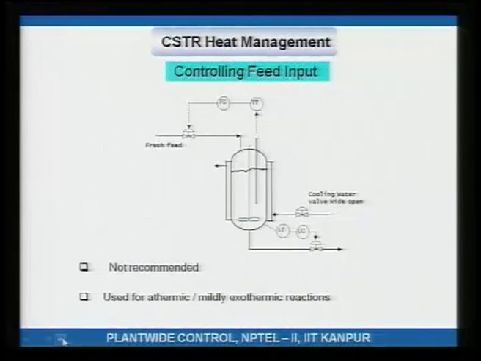So, like for plug flow reactors, we say that, okay, since I want my reactor to operate at maximum heat removal, what I do is, this is 100% open, the cooling water valve is wide open. So, cooling water as much as has to be put in is getting put in. Okay, fine. Then, in order to control my reactor temperature, what I do is, I adjust the amount of fresh feed that is going in. How does that work?